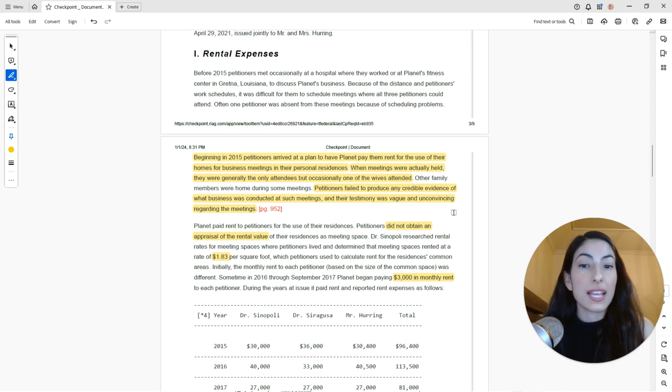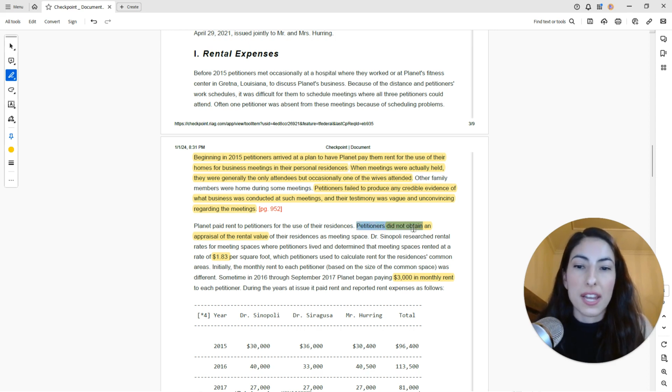So it is very likely or possible that they came up with kind of a reconfiguration of these meetings and what happened. But again, they're getting audited so many years later. So they're having to look back 3, 4, 5 years, 6 years, or by the time this 2023 came out, it was even longer. And they're trying to figure out what happened at these meetings. And of course, it's not a surprise that they weren't all on the same page. They didn't have as good or as detailed of documentation. And so they did not convince the tax court or the IRS examiner.